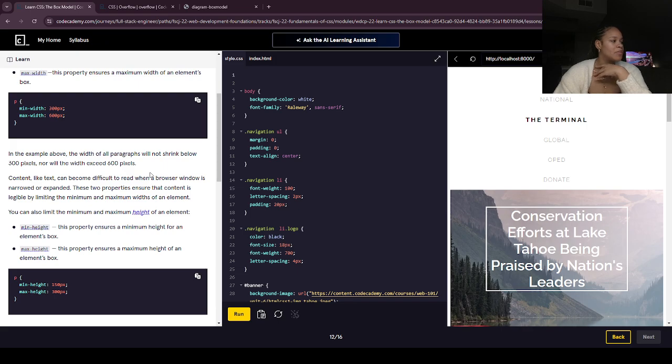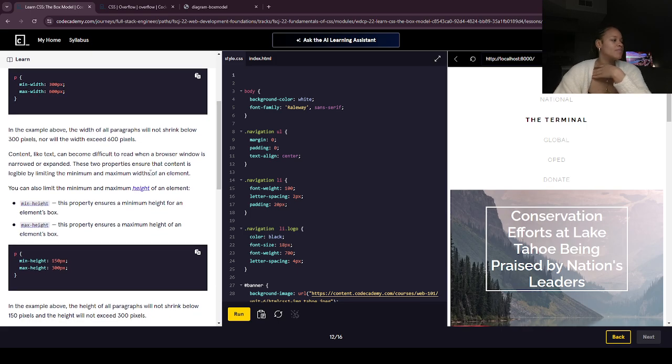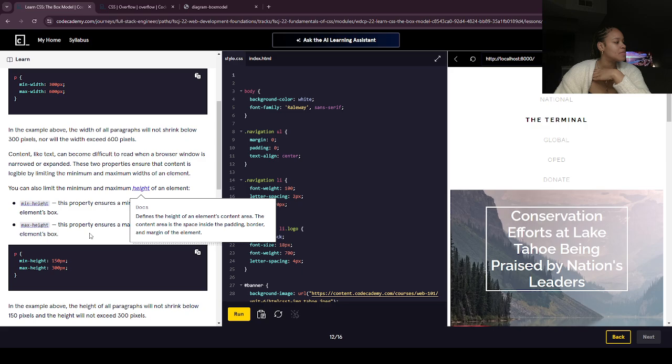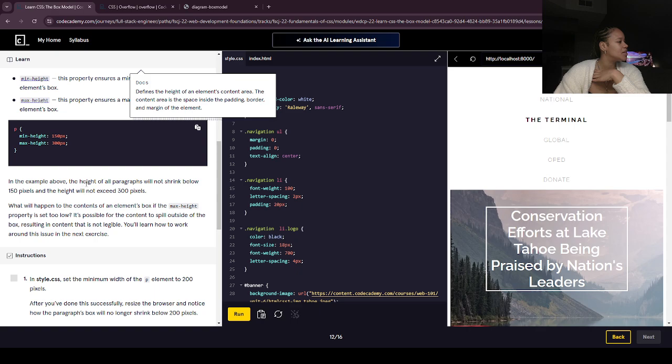You can also limit the minimum and maximum height of an element, which is min height. This property ensures a minimum height for an element's box, and then max height, which ensures a maximum height for an element's box. In the example above, the height of all paragraphs will not shrink below 150 pixels, and the height will not